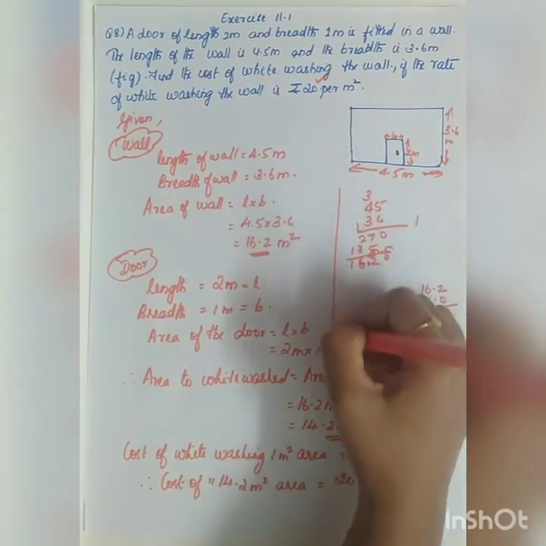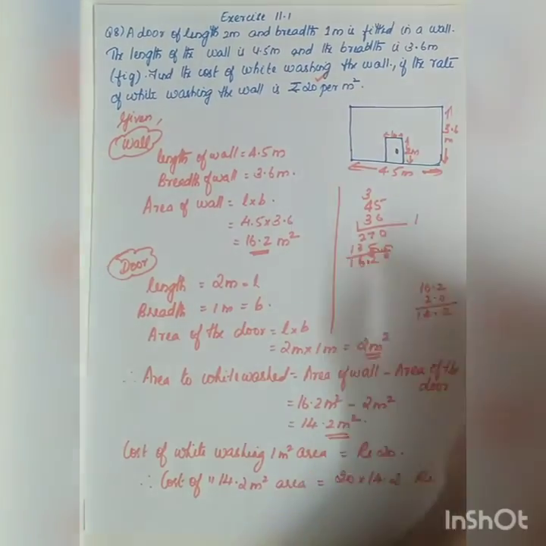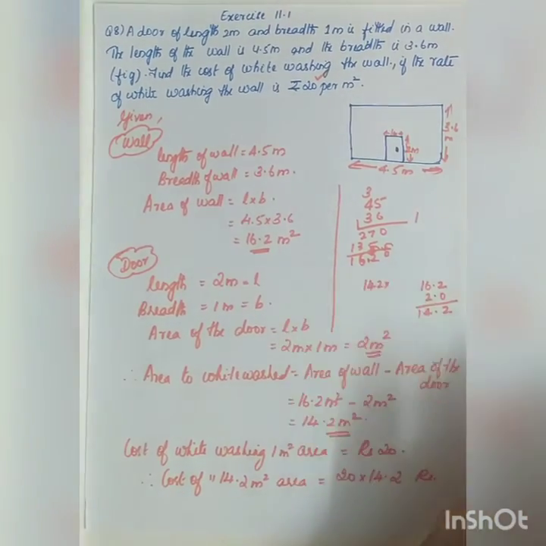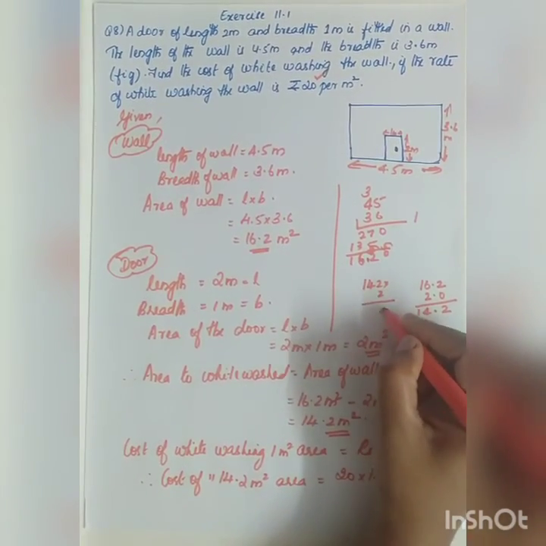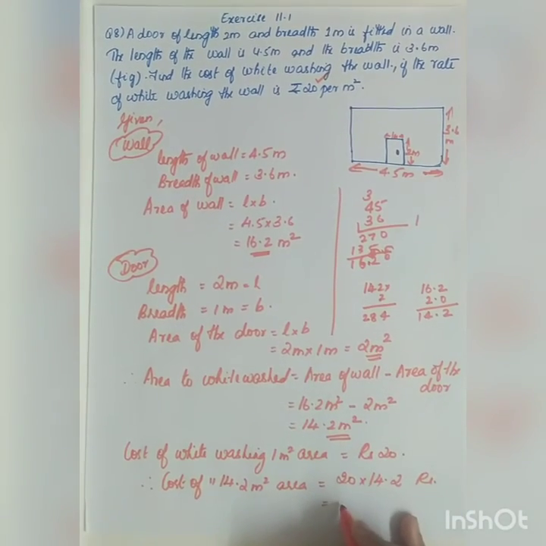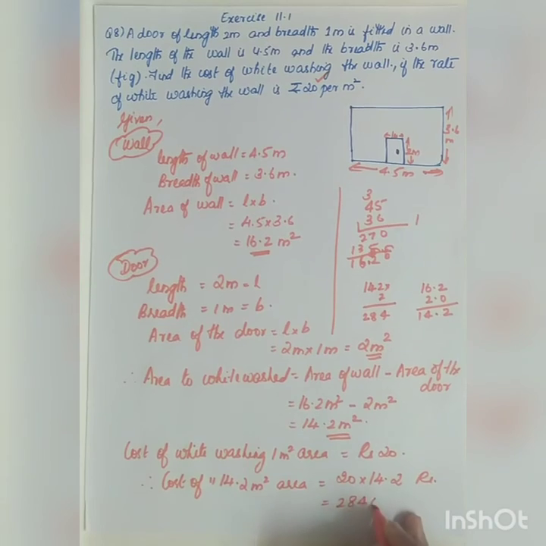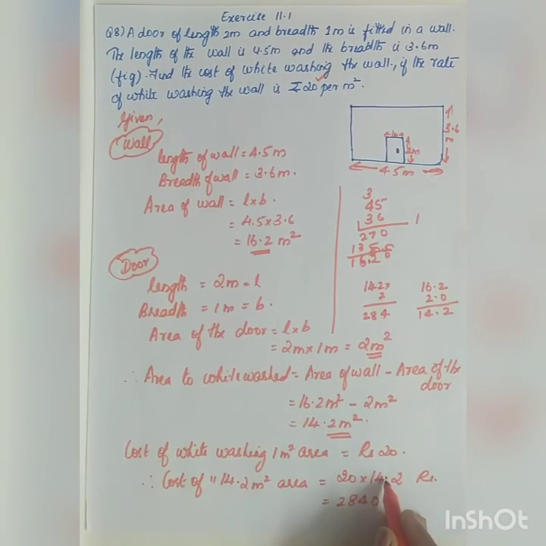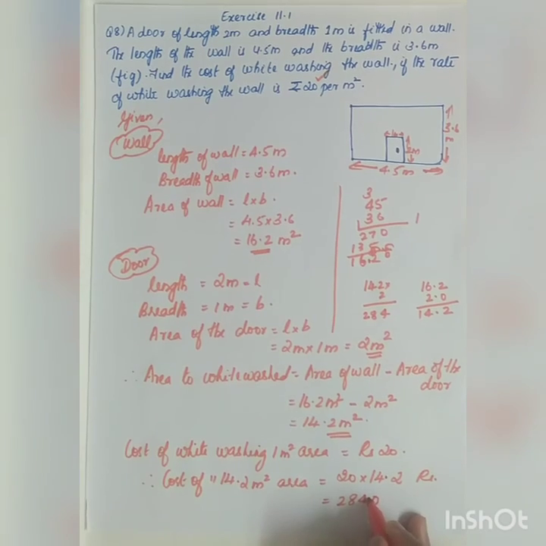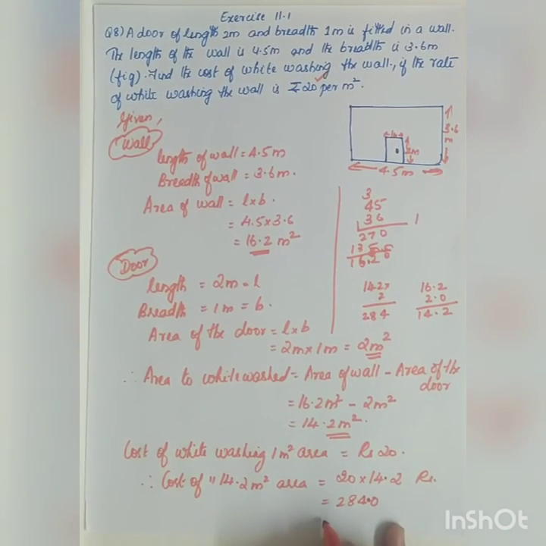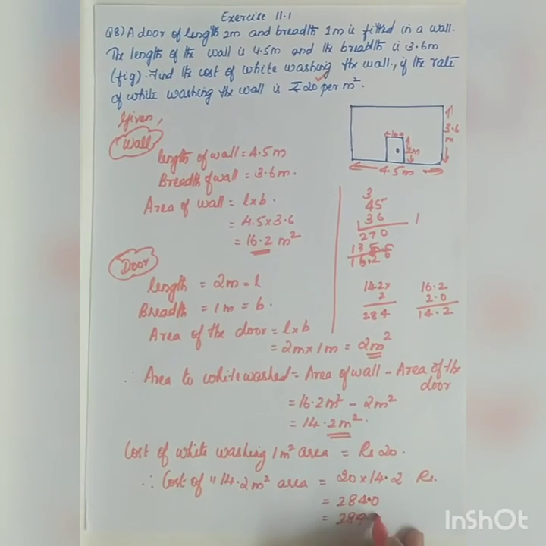So again you can proceed the following way. What will be the rough work? 14, remove the decimal. I am repeating it once again. So 0 you can leave it, multiply by 2: 2 2s are 4, 4 2s are 8, 1 2 is 2. So the value is 2840. After the decimal, how many digits are there? You have 1 digit. So shift it 1 digit. So the value will be 284 rupees.